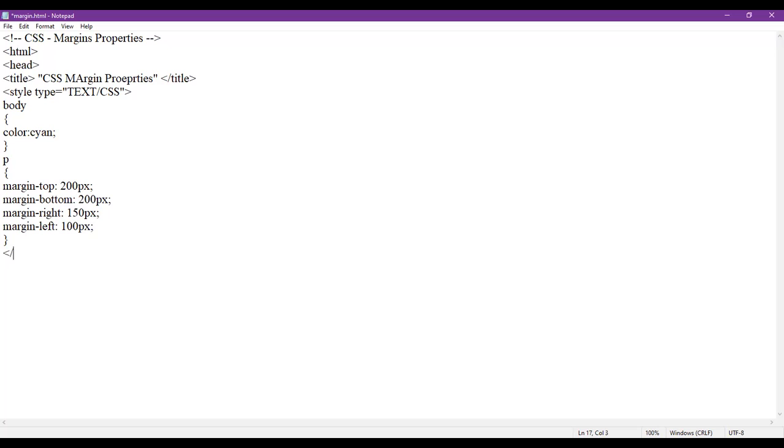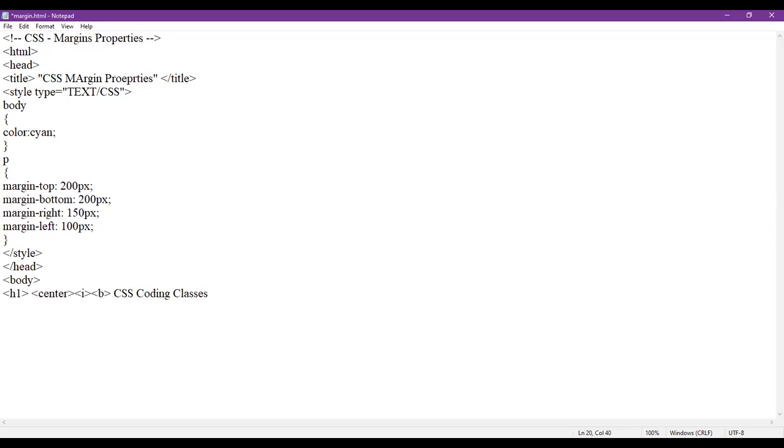Now I will end my style tag here, and if I have ended my style tag, then I will end the head tag also. Now I will start the body, which will consist of the paragraph. So first I need to give the heading. I'm making this heading centered, italic and bold. Okay, so here I will write CSS coding